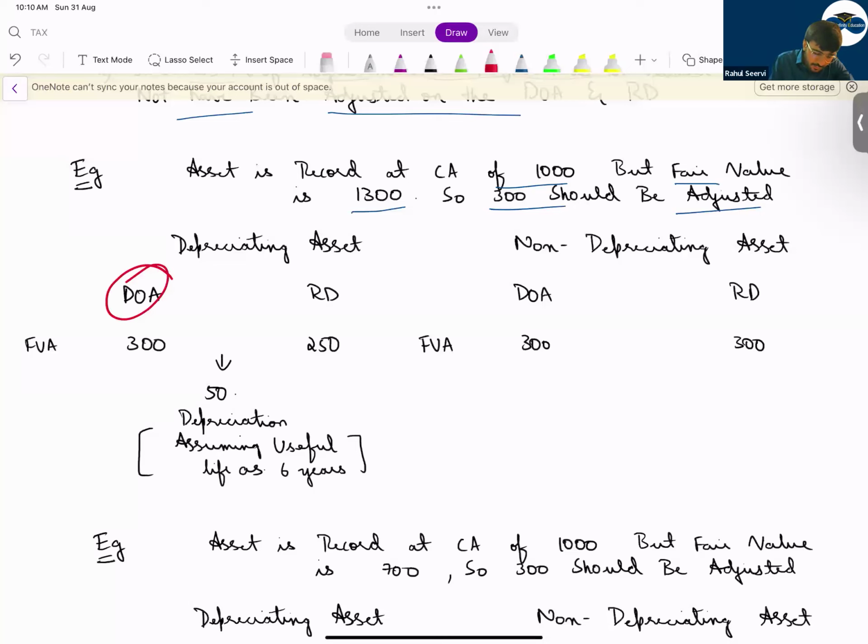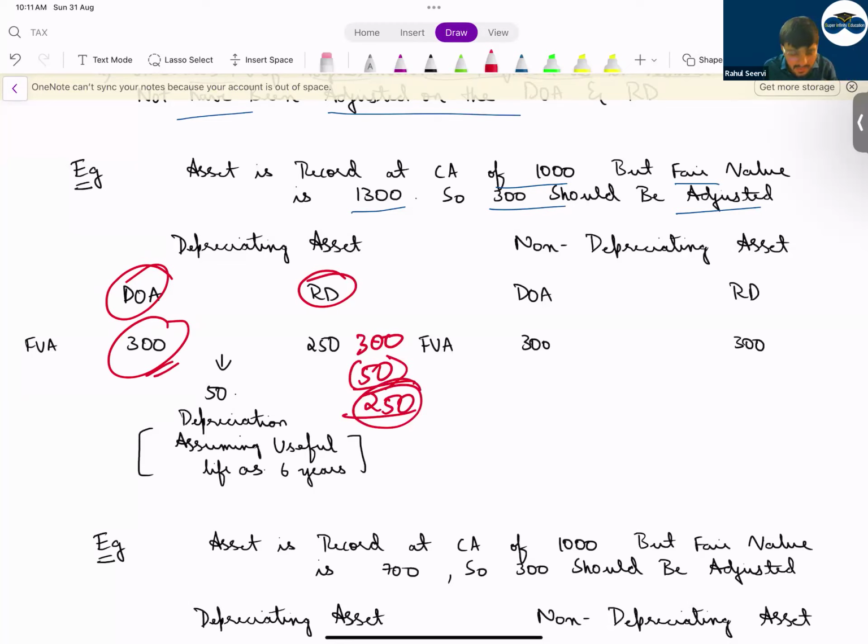Yes, sir. So on the date of acquisition, we increase the fair value of the asset. On the reporting date, can I say we'll also take it at 300? But this is a depreciating asset, so we'll take extra depreciation of 50 and adjust this. The closing balance will be how much? 250. So please do the adjustment in the balance sheet also, in your financial position, because if they have not recorded it, the examiner is giving you marks to take this into the post acquisition calculation plus to do the adjustment in your balance sheet. You have to do it vertically, understand?